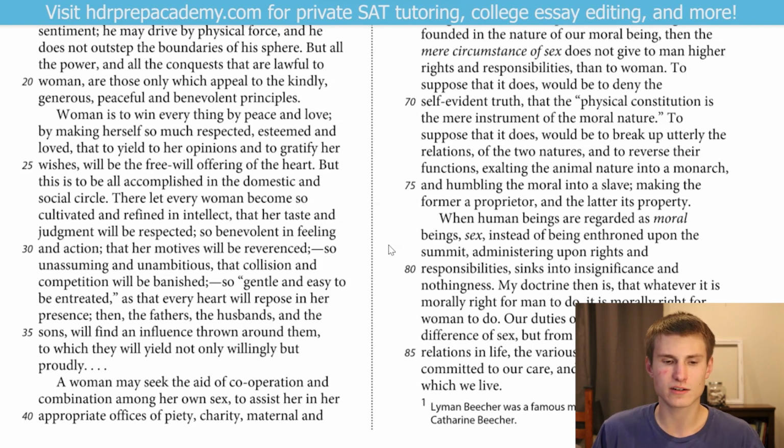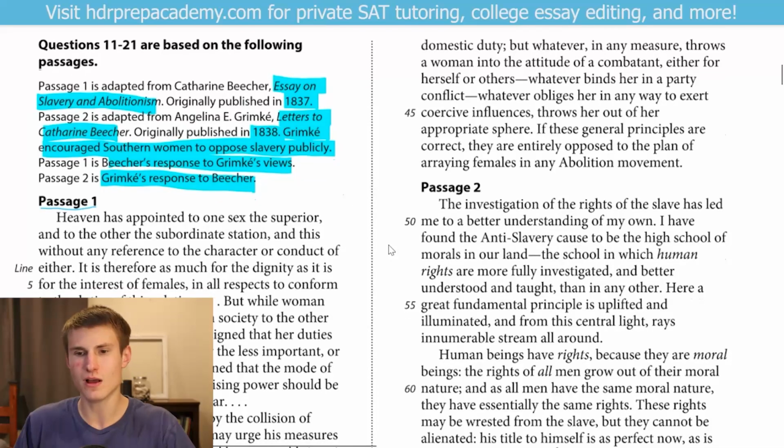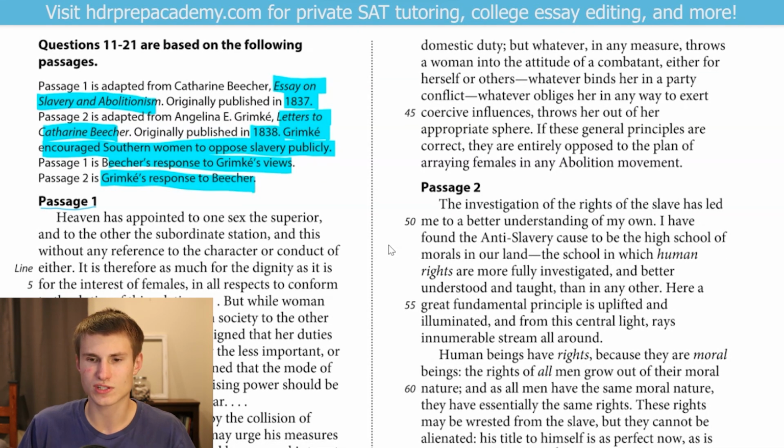A woman may seek the aid of cooperation and combination among her own sex to assist her in appropriate offices of piety, charity, maternal, and domestic duty. But whatever in any measure throws a woman into the attitude of a combatant, either for herself or others, whatever binds her in a party of conflict, whatever obliges her in any way to exert coercive influences, throws her out of her appropriate sphere. If these general principles are correct, they are entirely opposed to the plan of arraying females